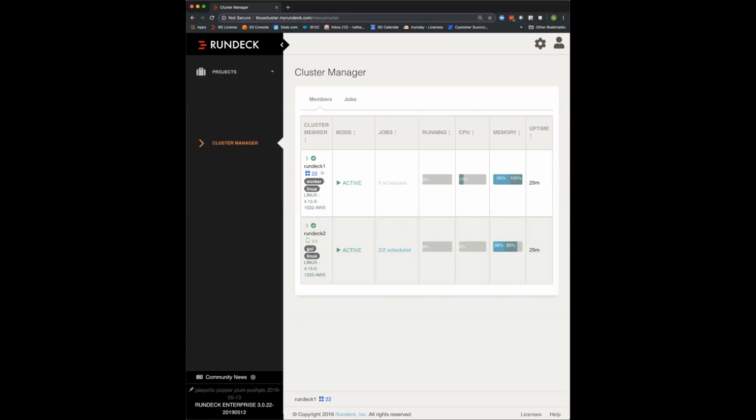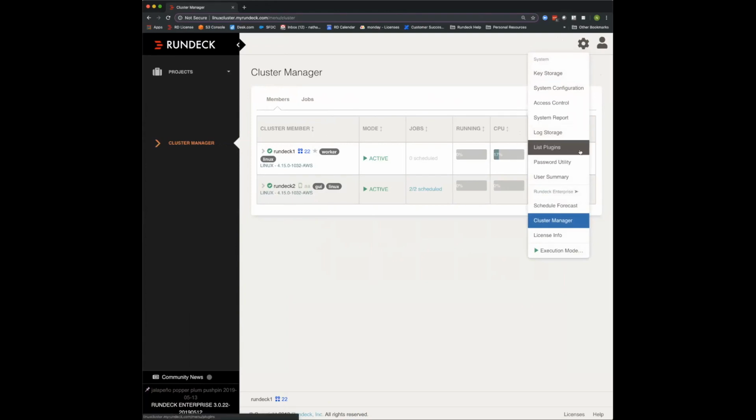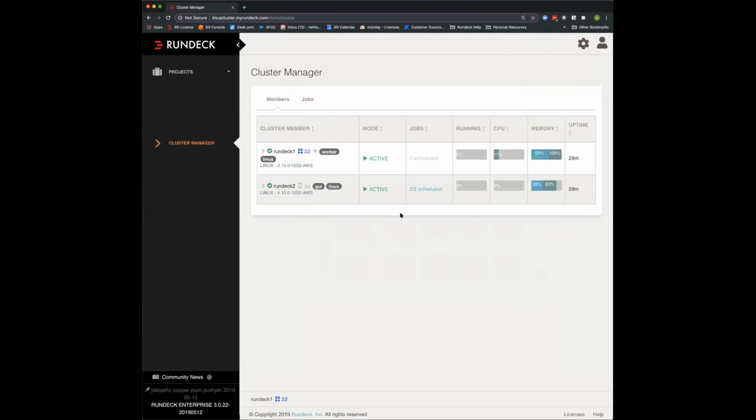Let me adjust screen size here. Hopefully that is easier for everybody to see. So I got to this by clicking on the gear and cluster manager. If you are admin or something comparable, you'll probably be able to see this. Other users might not. When I get here, it shows me my individual cluster members, and there's lots of information